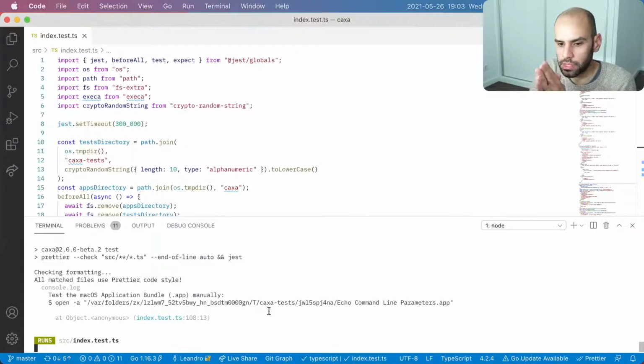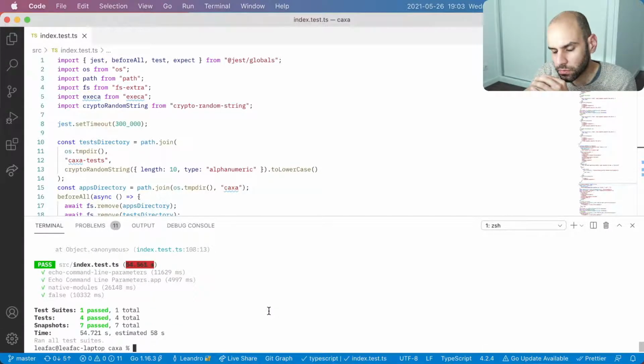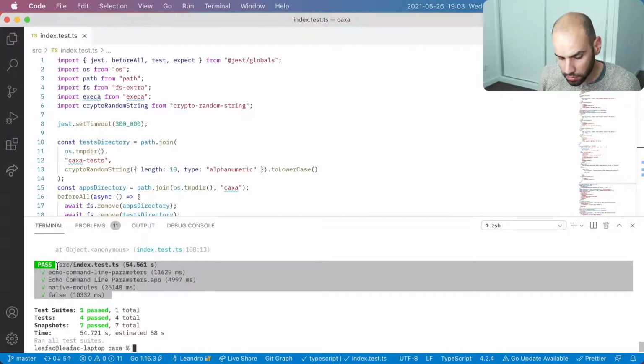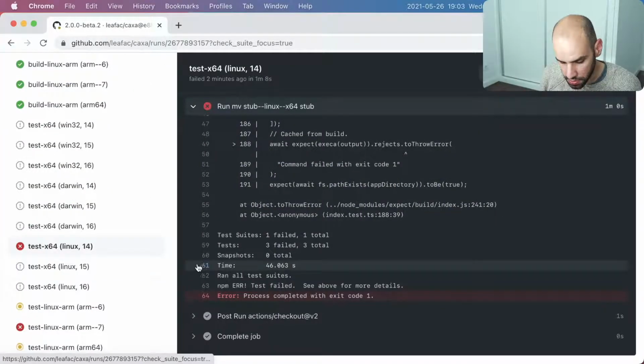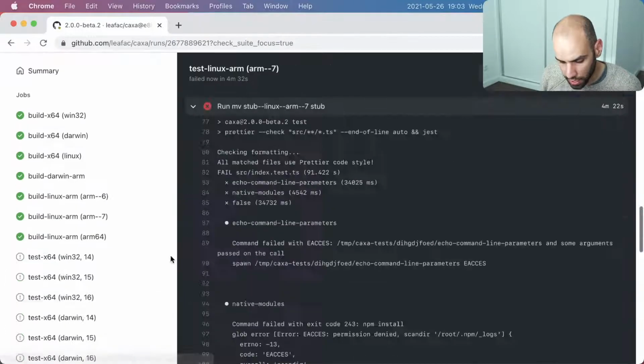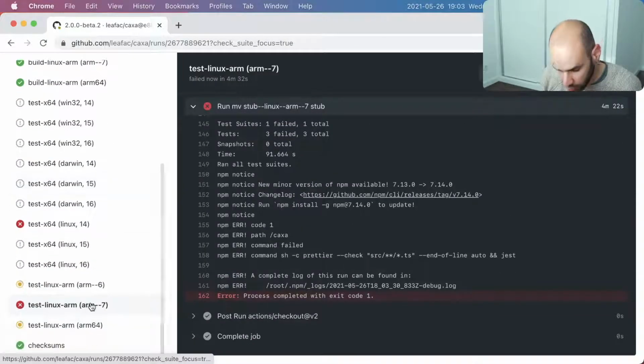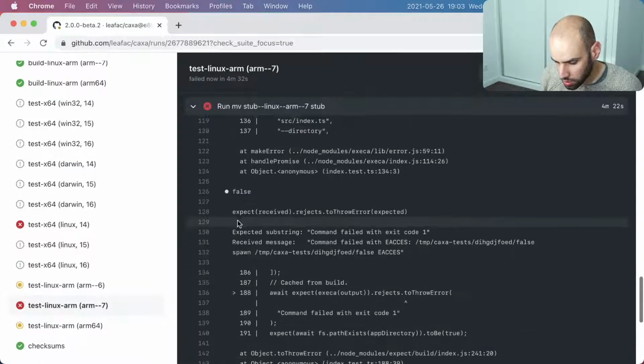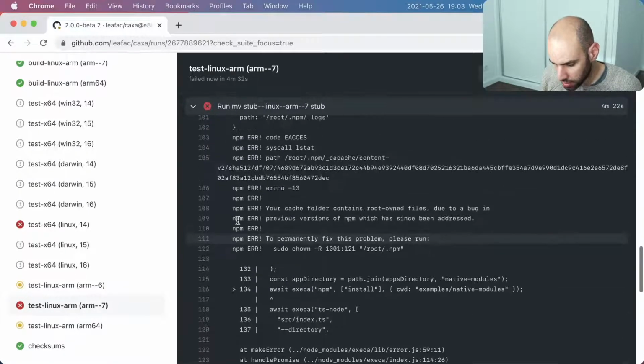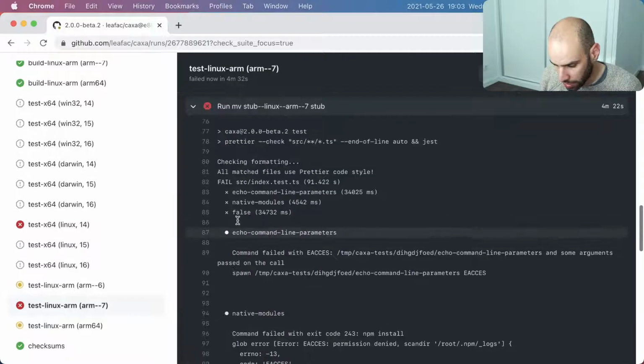So the way that Kasha works, if you're not familiar, is that it is a self-extracting executable. So when you run a binary compiled by Kasha, it will extract your application into a temporary directory. And I want to change the paths to this temporary directory. So the tests are passing on my machine. It really is a problem with this infrastructure. And it's also, now we have an output of the test ARM. And I want to see a timeout here, but no, it fails with the same problem, with access problems.